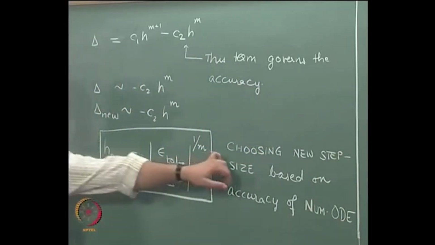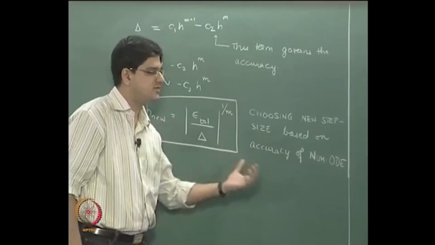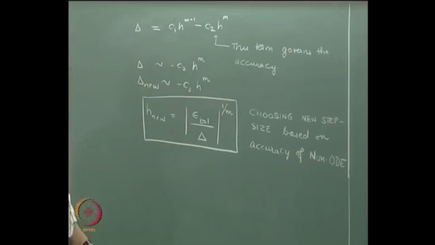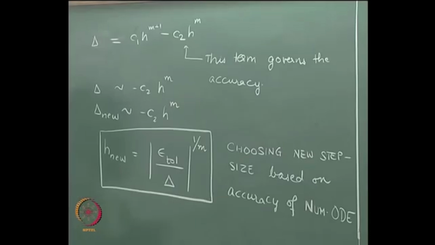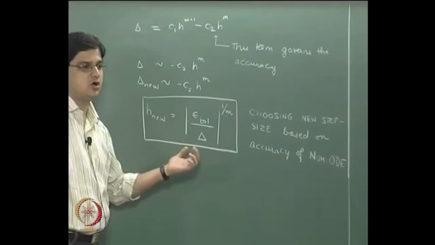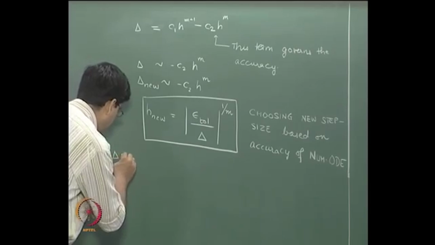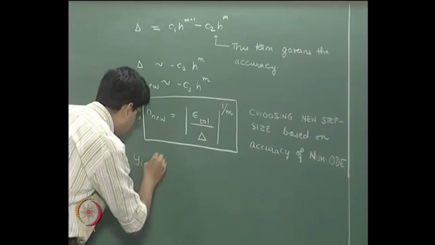Okay. So this is the result we are going to use to choose the new step size based on what we estimate is the accuracy of the numerical method for solving the ODE equation. So for example, we could use RK4 method and an RK3 method. RK3 method is order h to the power 4 accurate, RK4 method is order of h to the power 5 accurate. So if delta, we write this as y_{i+1}